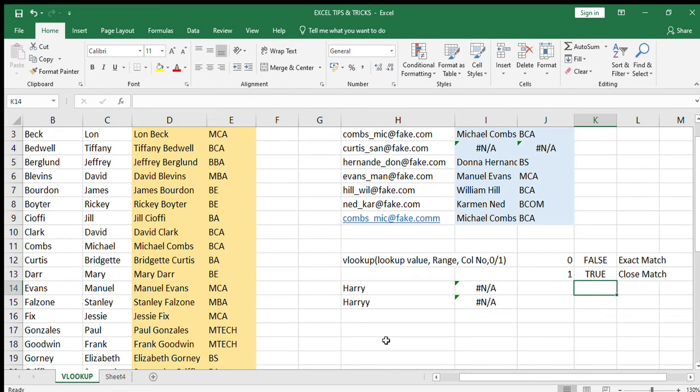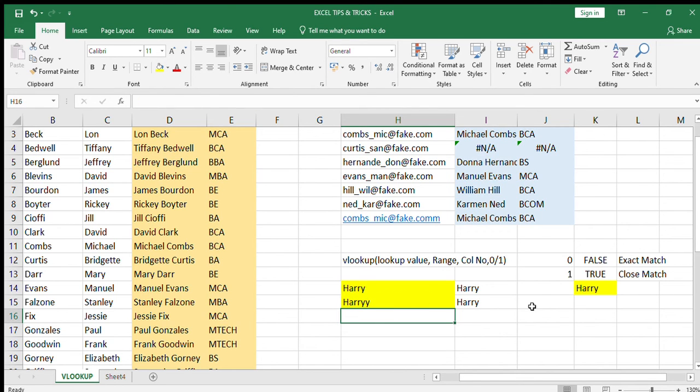Now I will again use a VLOOKUP function and give you an example, like the difference between 0 and 1. Okay, so here I have put a value Harry. Okay, and I have added two more values over here, Harry and Harryy.